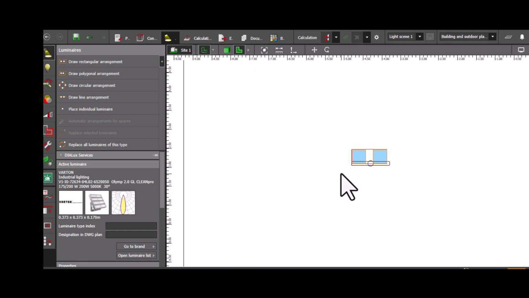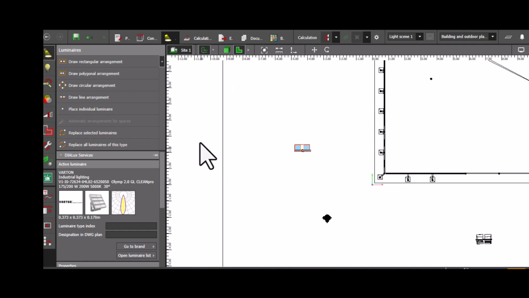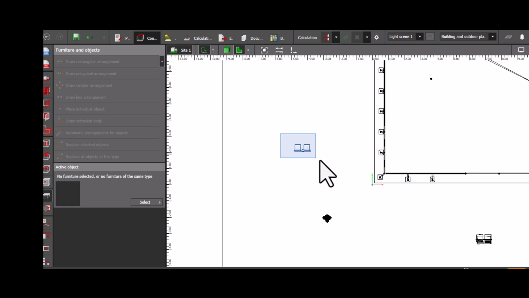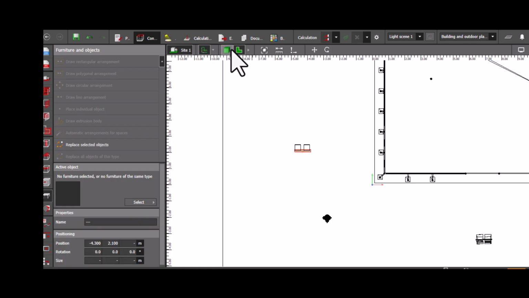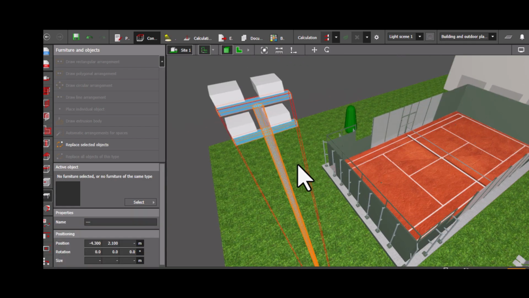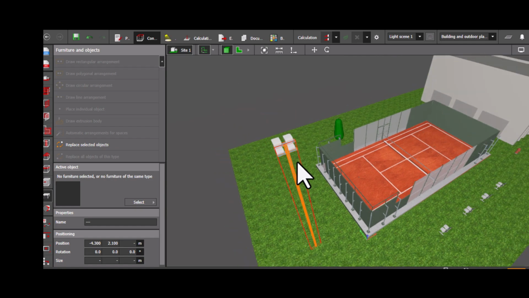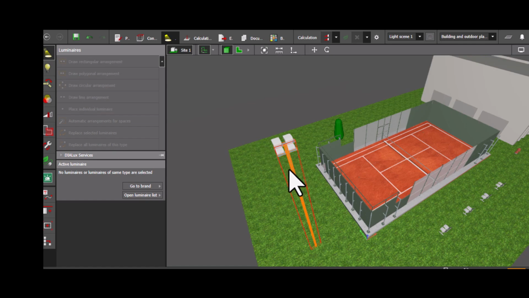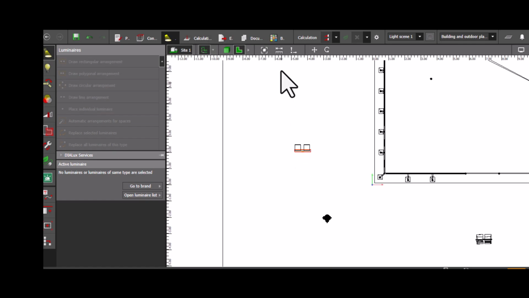Okay, construction. Let's move it here. Okay, for example,